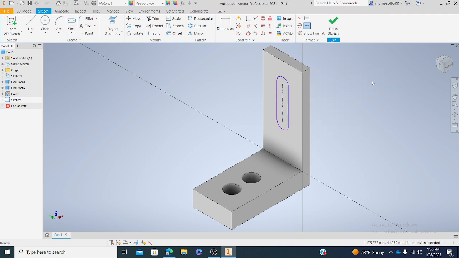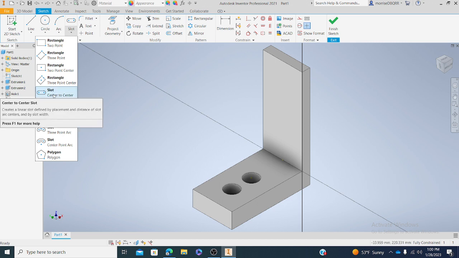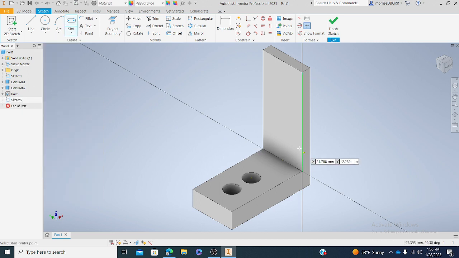And notice I didn't really care about the dimensions and so forth. I just placed that. Watch, I'm going to do it one more time. Go to slot, center to center, and I'm just going to click roughly about right here, and I'm going to drag another point. I'm going to try to keep it perfectly lined up. See, it says 180 degrees. All right,